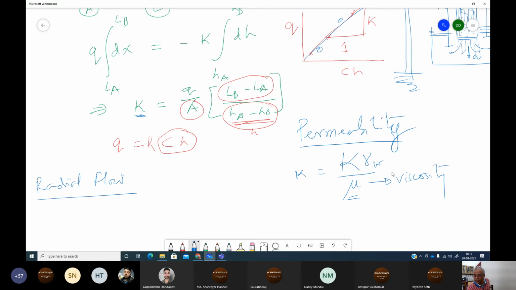Now, what is viscosity? Sir, fluid friction. Sir, resistance between the layers of fluid. Okay, shear resistance. You are probably right. The more viscous, the more the shear resistance. That means the resistance to layering of the fluid. Anybody else?